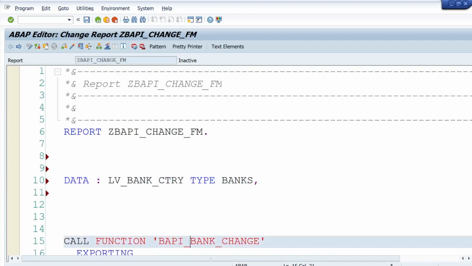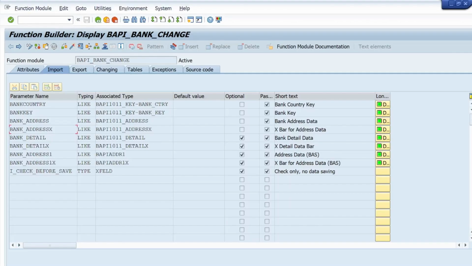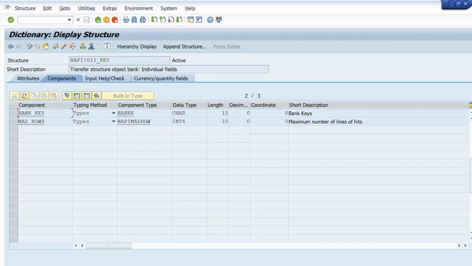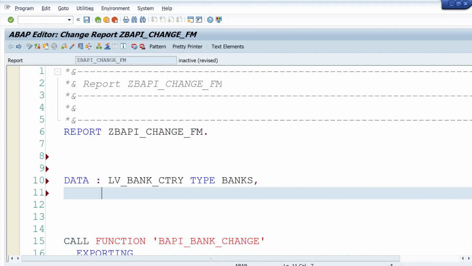Again I'll go inside it, or we can directly take it from here. So there it is, my bank key. I'll bring the type, and here I'll declare LV bank underscore key. In the type section I will pass the type of it. Okay,